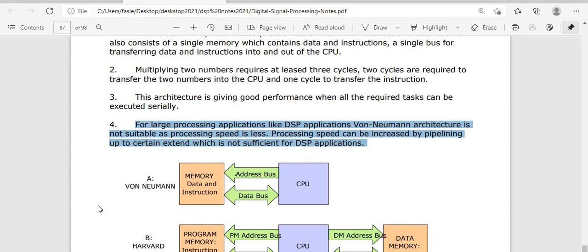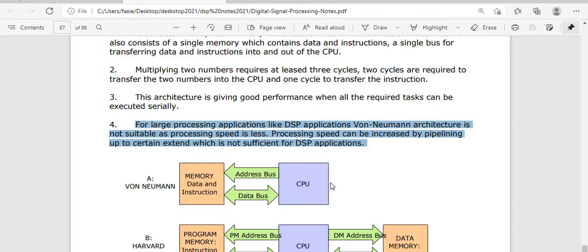Besides this 3-stage pipelining, there are also 5-stage and 7-stage pipelines in the ARM processor. That is not a part of our discussion. Our main discussion is that, in order to understand this kind of processor, we have to make use of the pipelining concept in order to increase the speed.